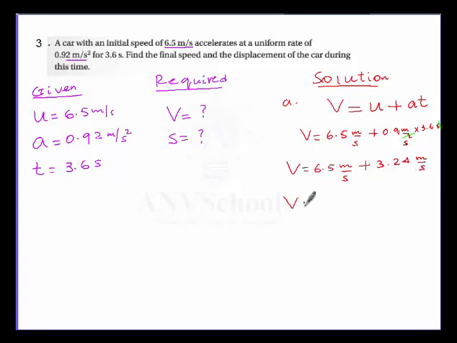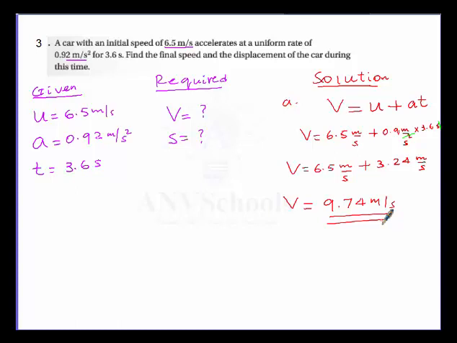Now the final velocity is equal to 3.24 added to 6.5, which gives 9.74. The final velocity is 9.74 meters per second. So the car will have a speed of 9.74 meters per second after traveling for 3.6